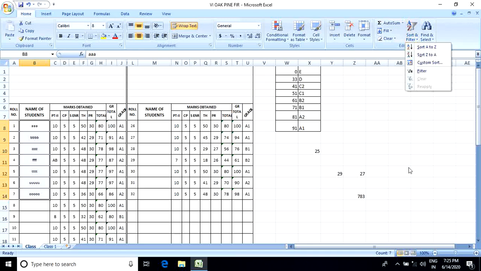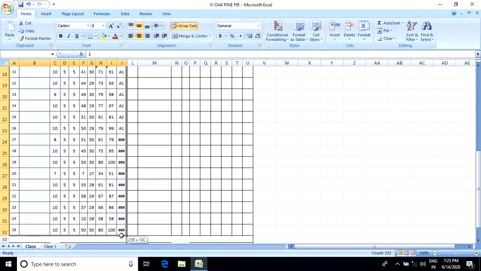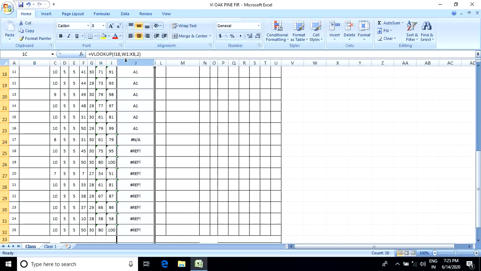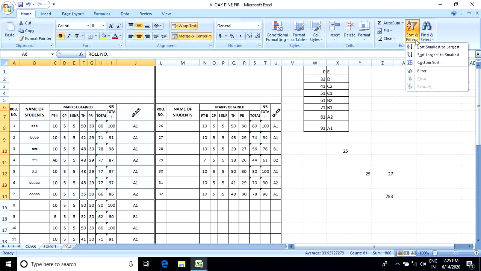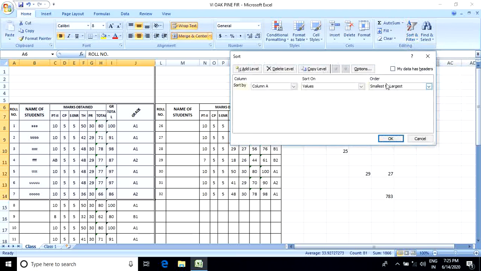Sorting numbers we already discussed, and we can also use this portion. Just select the values, custom sort. Look at here: Column A, values, smallest to largest or largest to smallest.